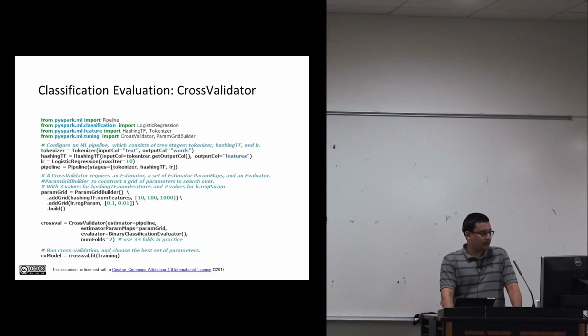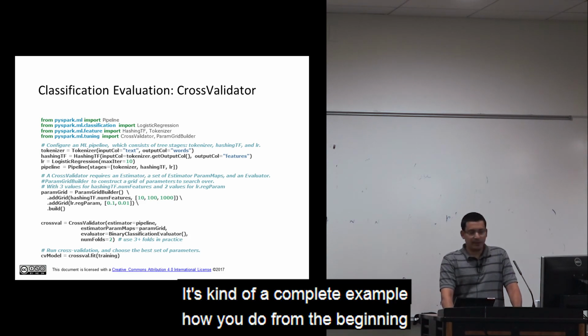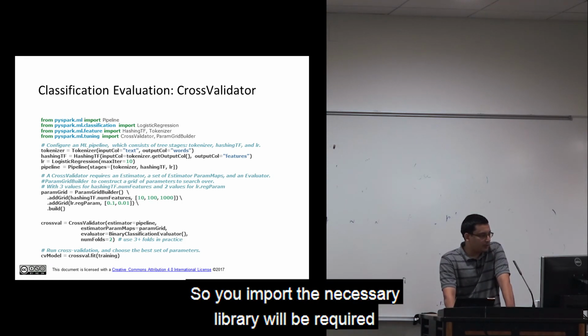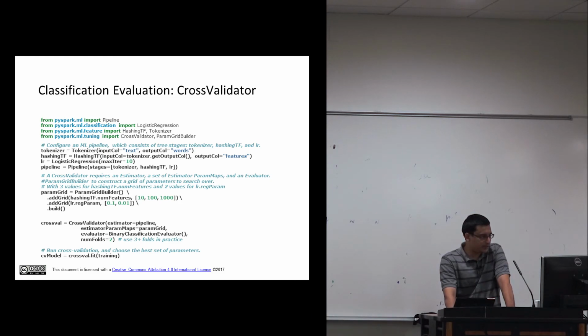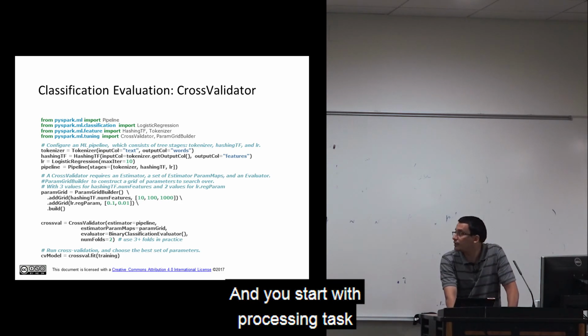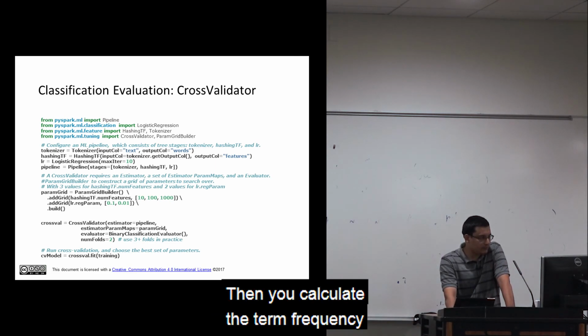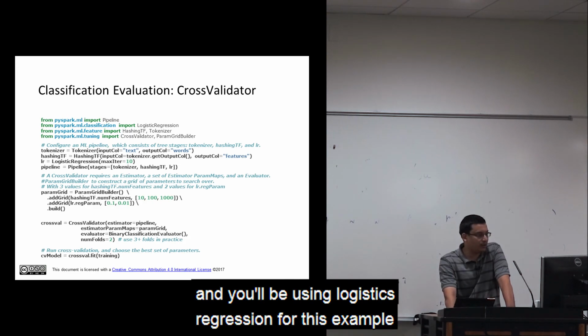Here is an example. It's a complete example of how you go from the beginning to the end with all the pre-processing tasks. So, you import the necessary libraries required for the process, and you start with the pre-processing task where you do the tokenization, then calculate the term frequency, and you will be using logistic regression for this example,